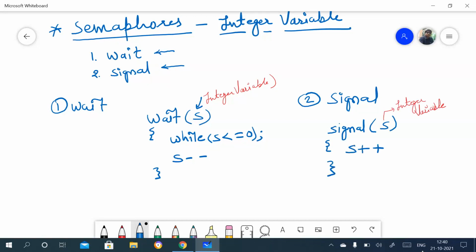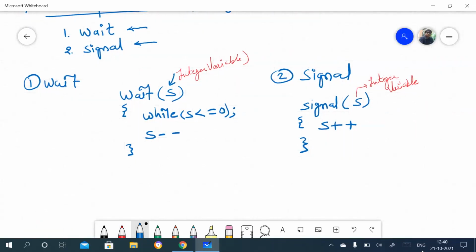That's it. You can see these are the functions to solve the critical section problem using semaphore. So these are the two functions, or we can say operations, for the semaphore.